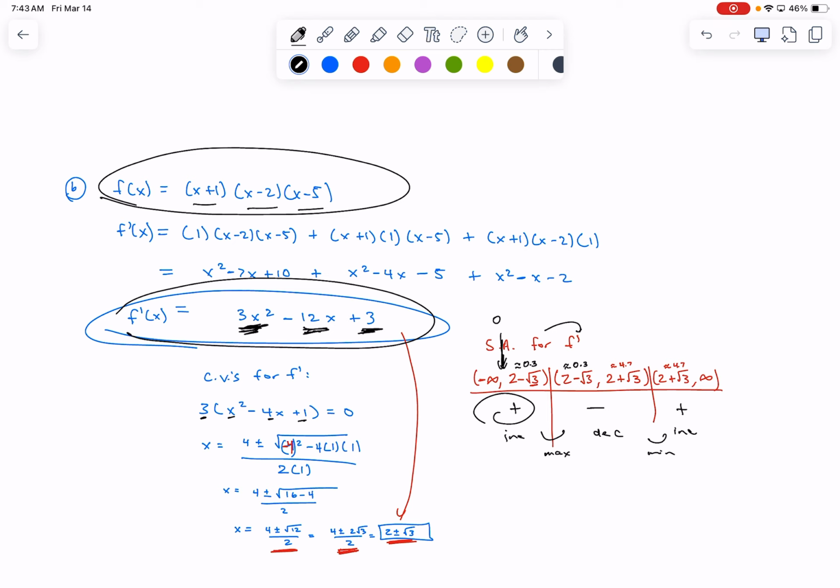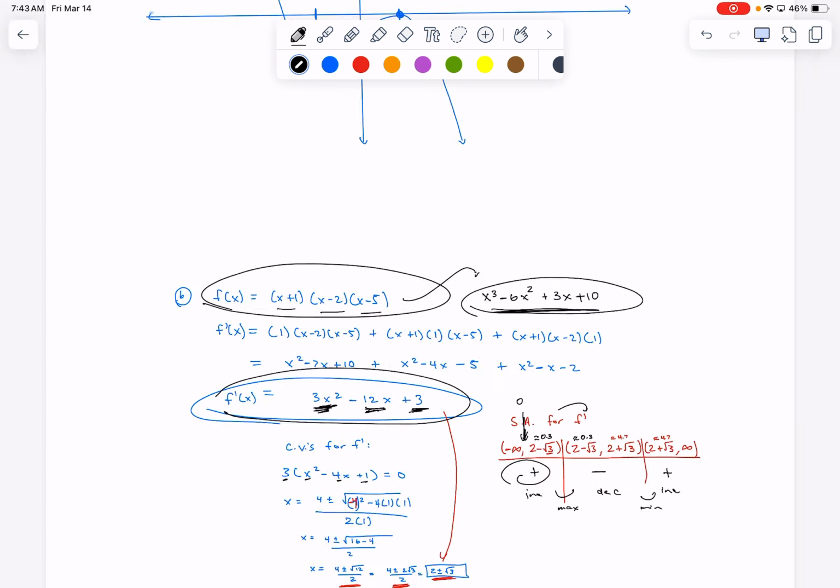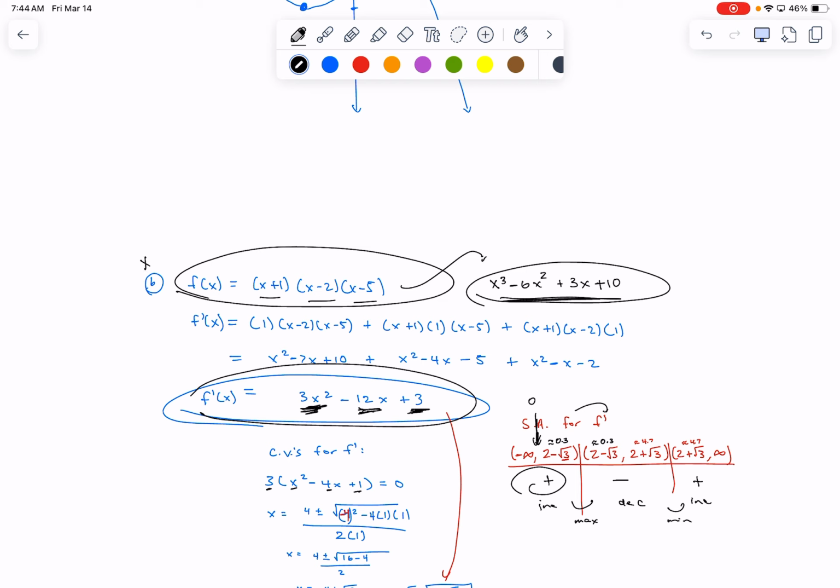Yeah, it was x cubed minus 6x squared plus 3x plus 10. Minus 6x squared plus 3x? Yep. Plus 10. Okay, and since it's a dumb value, I'll let you use your calculator, and I'll tell everybody in class today on number 6, you can use your calculator to plug that in, the 2 plus root 3 and the 2 minus root 3, and let's just do a decimal on this one. So number 6, let's do a decimal for the relative maxes and mins and